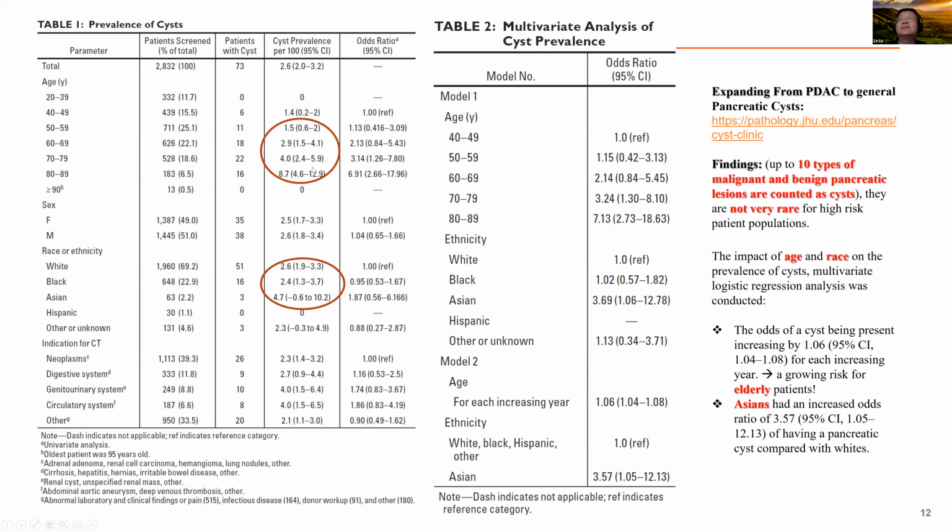And as you can see, the prevalence of pancreatic cyst is actually higher than what we originally thought, especially correlated with age. So if you are 50 years old, including myself, I'm going to be 50 in the next few years, it's already like 1.5%, right? For all the people from 60 and above, for Asians it's 4.7%. I mean, nearly 5 people out of 100, if your age is about 60 and you're Asian. The risk is not small, 5%.